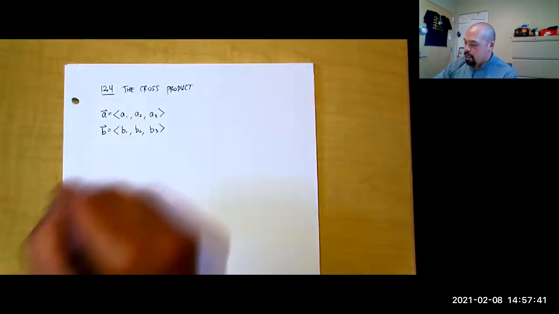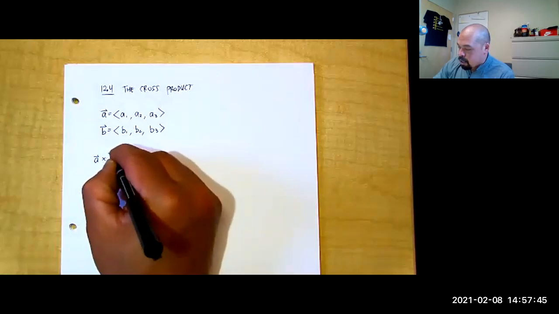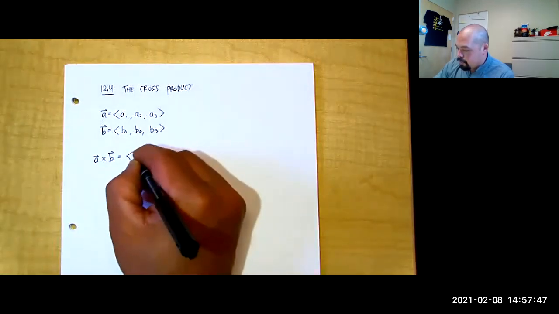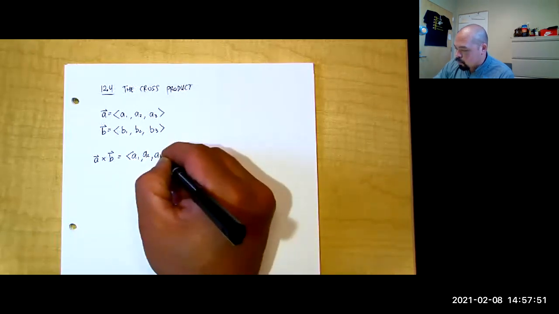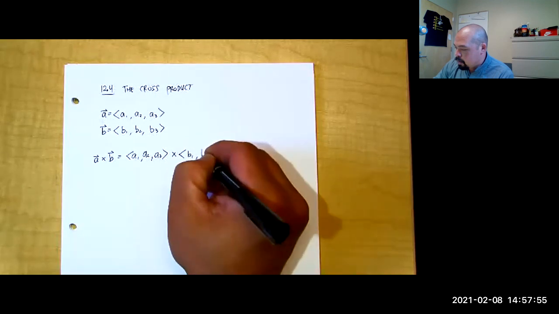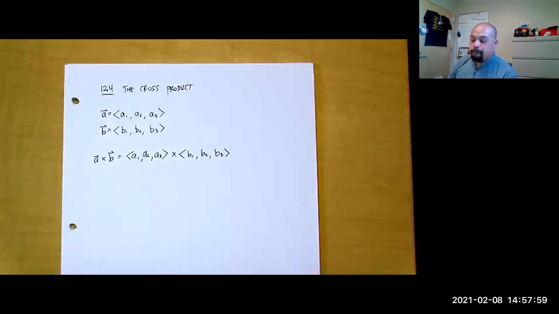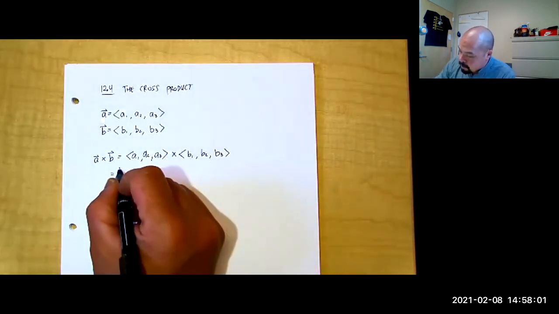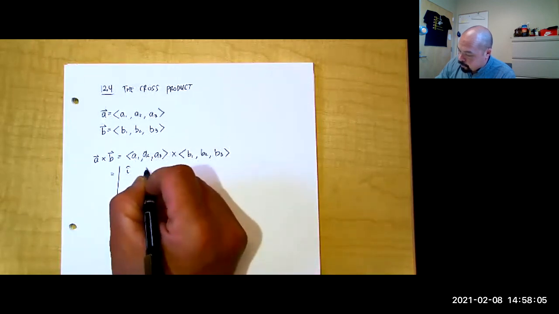So we have our two vectors. When we take that cross product of our two vectors, this is evaluated by creating